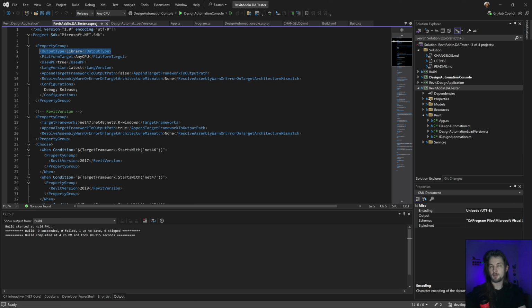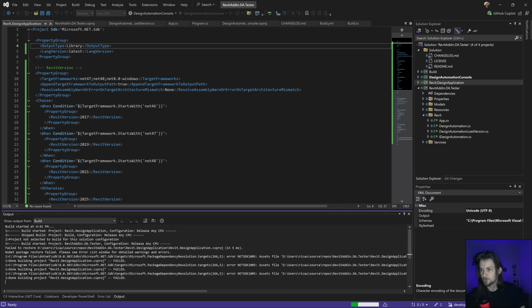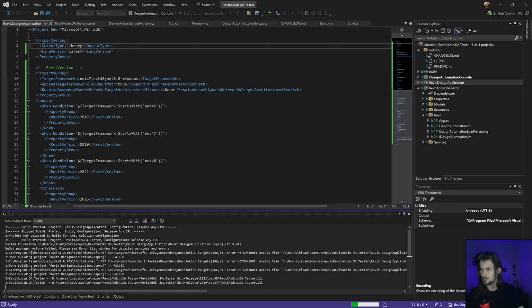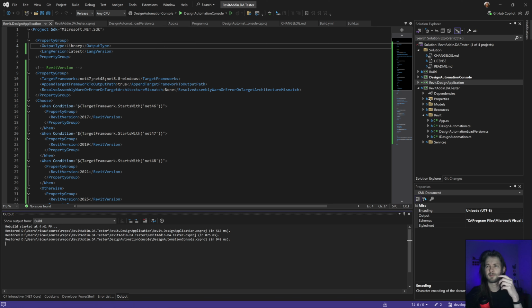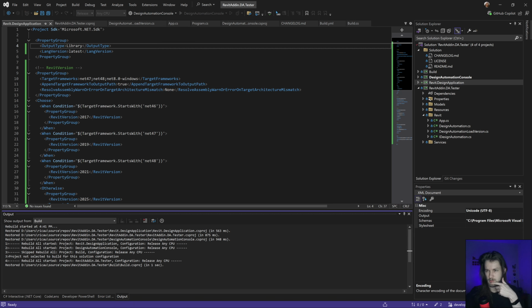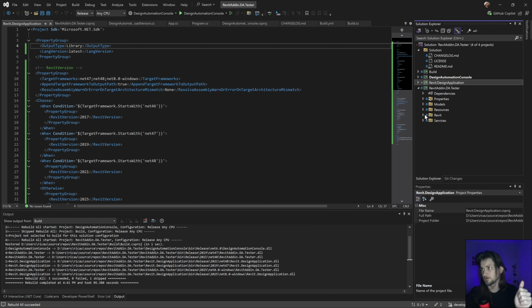Let's put library just to make sure and remove this. Yeah, let's build this just to make sure. Okay, let's rebuild, there is a small issue. Yeah, that looks fine. Great. That looks like it's working.